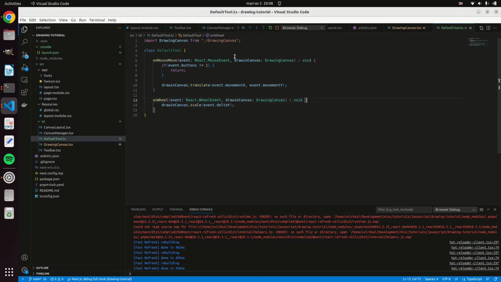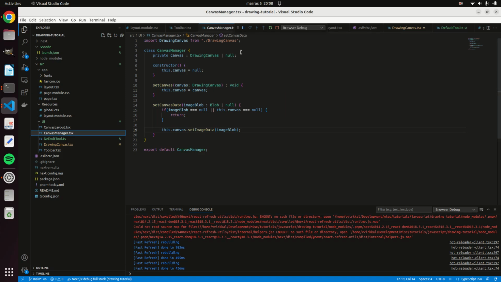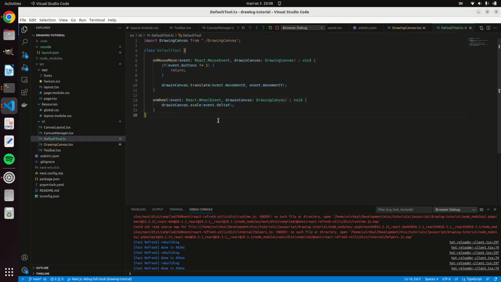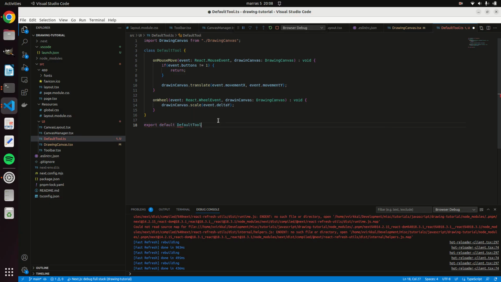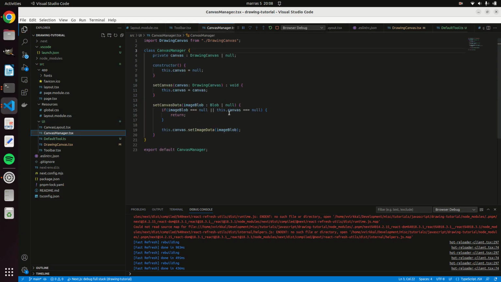Okay, and then we need a way to actually get access to this default tool, so let's simply again use this our canvas manager here, and let's put here a class. Let's add the default tool here. We actually need to remember to export this default tool like this,